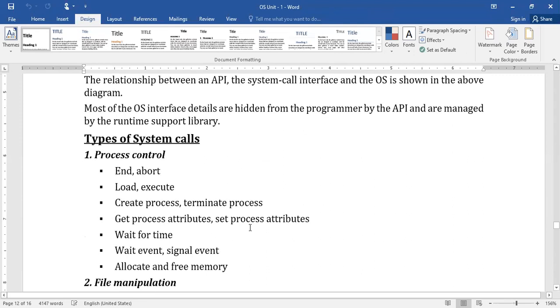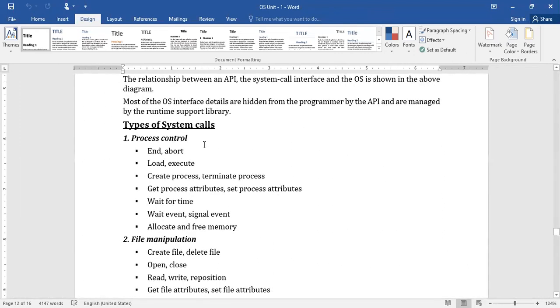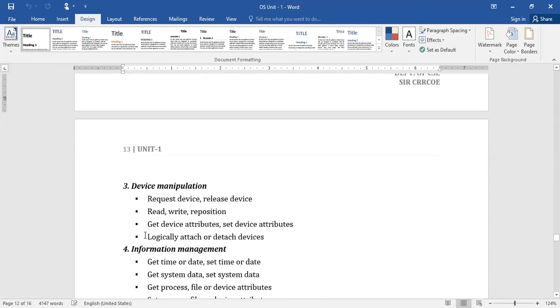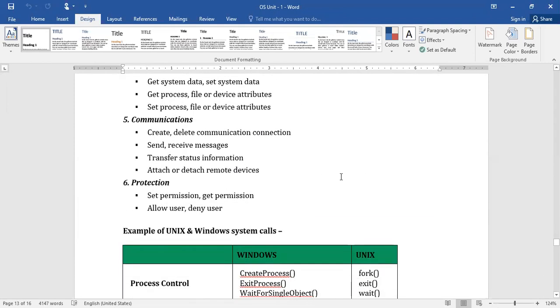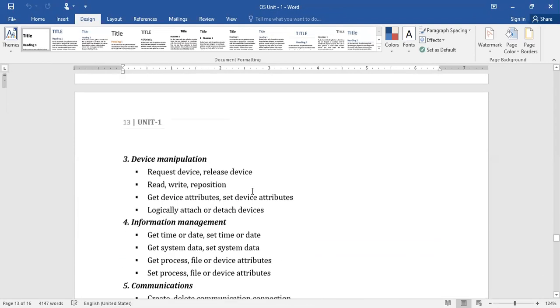Now, there are several types of system calls available. The system calls related to the process are called process control system calls, and then file manipulation, device manipulation, information management, communications, and protection. So these are the 6 categories of system calls.